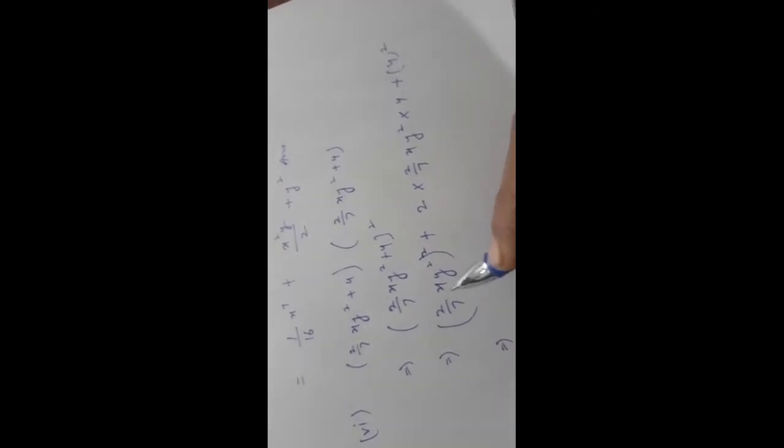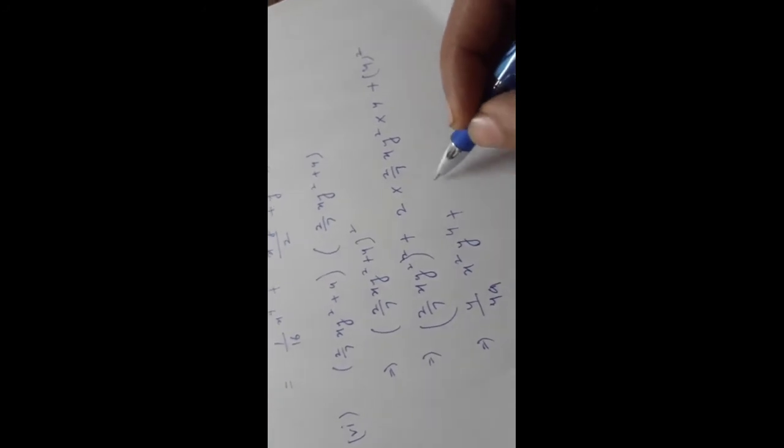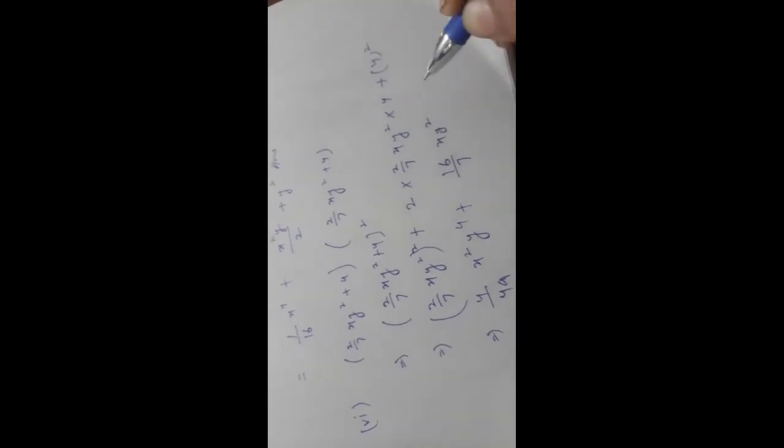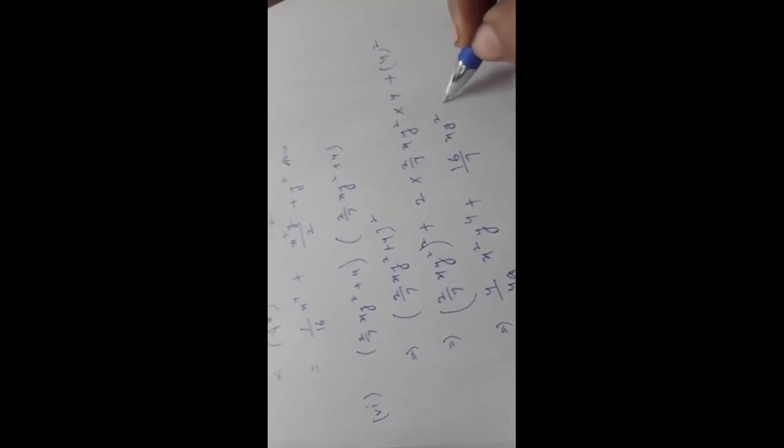So what would be our answer? 2 by 7 whole raised to the power 2 means 4 by 49, since 2 2s are 4 and 7 7s are 49. x square y raised to the power 4, plus 2 2s are 4, 4 4s are 16, by 7 xy square, we can write it this way, plus 4 square means 16. So 4 by 49 x square y raised to the power 4 plus 16 by 7 xy square plus 16 is our answer.